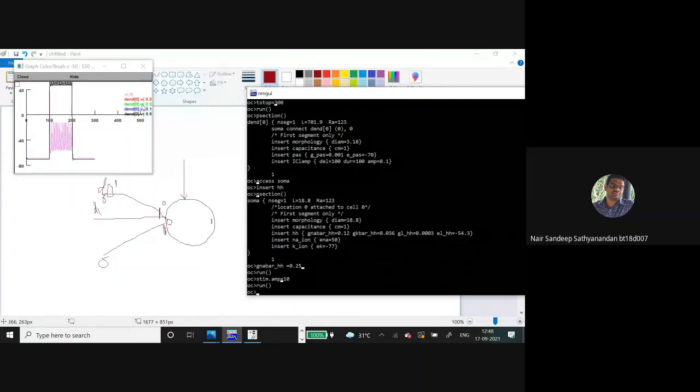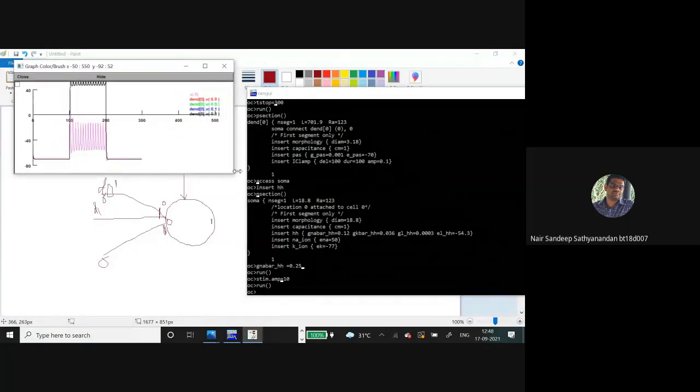Similarly, we can observe to see how the signal is diminishing while propagating through the dendrite. We can observe the graph at various points, and then we can see how the attenuation is happening at various points in the signal. So I think I need to see why these three plots are not coming up, why this 0.5, 0.9 is not yet coming up.